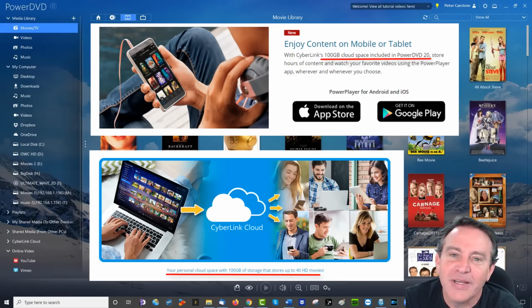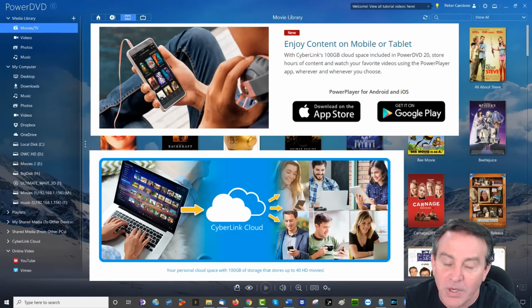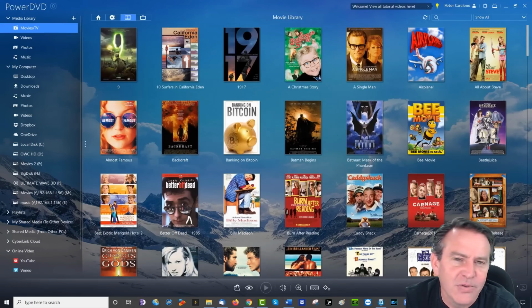They give you 1 year, 100 gigs of cloud space. And I know what you're thinking. Well, I have Dropbox and I have Windows Drive, and I can do the same kind of thing. This makes it simple. You can simply right click on any of these resources, pictures, movies, all of that.